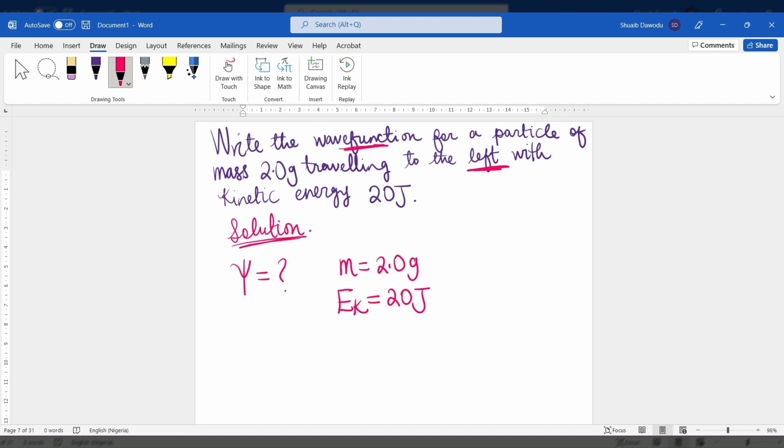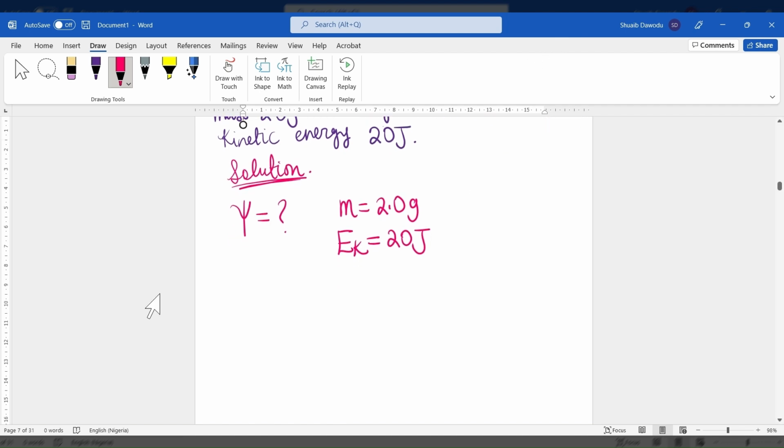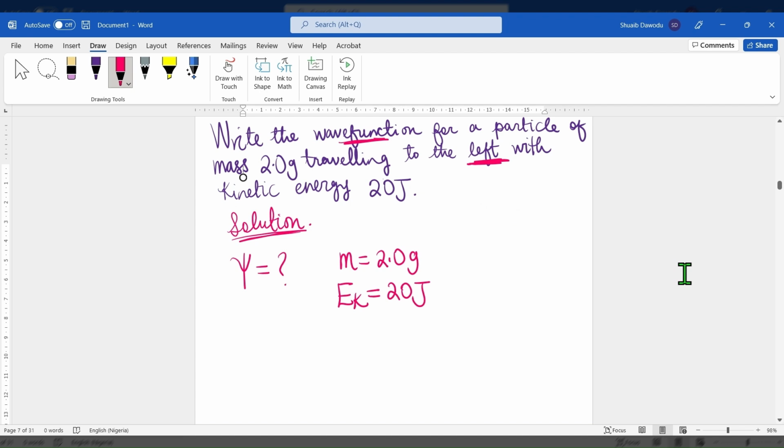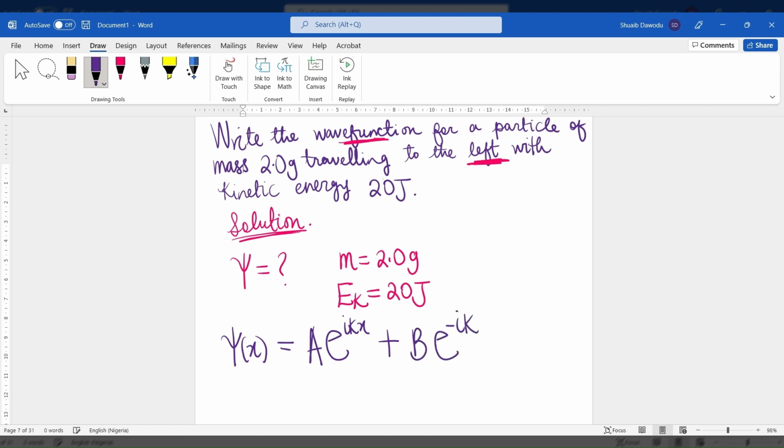We've been told the wave function of a particle and it's traveling to the left. In this chapter, we are taught about free motion in one dimension. One dimension meaning we're dealing with just one direction. In chapter 7D, there is a formula for free motion in one dimension. It says the wave function of x, just the x variable, is equal to a e raised to the power of ikx plus b e raised to the power of negative ikx,